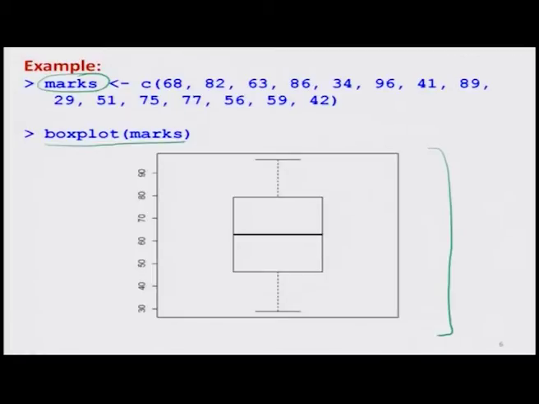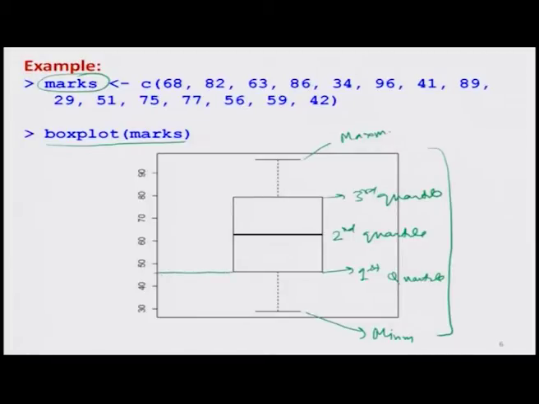Right. So you can see here this is giving us the maximum value, this is giving us the minimum value, and this value is the first quartile, this is my second quartile, and this is my third quartile. And you can read their values from here. You can see this is the value here, this is the value here, and so on. Right, but reading the values is not that interesting in the box plot. It is more helpful when we try to compare 2 different data sets.